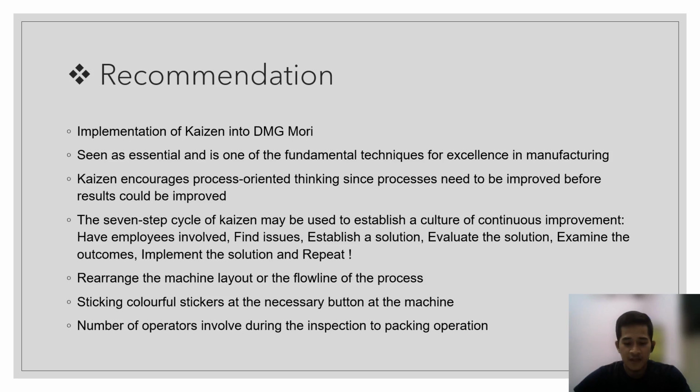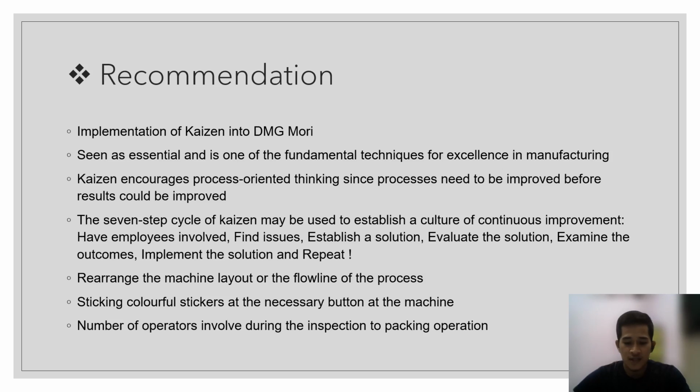As for implementation of Kaizen in DMG Mori, the conveyor, which is commonly used for transporting materials or goods from one workstation to another, usually moves slowly. So this transporting process produces slight delay during the transition process. The company can rearrange the machine layout or the flow line of the process. For example, instead of arranging the layout of the machines in a complex line production, it can be rearranged into a zigzag or U-shape layout, which enables the machines and operators to reduce their movement that can cause slight time delay.